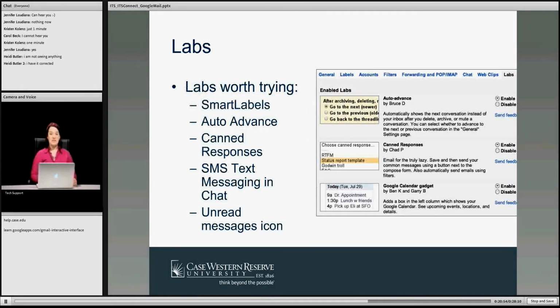Some of the labs that I think are worth trying are, one, smart labels. I think that's one of the best inventions these app developers have come up with. Auto Advance determines what order to go into when you're scanning through your email one by one, opening one and clicking the next button. Okay, do you want to go backwards? Do you want to go forward? Some people go forward, some people go backwards. Then there's Canned Responses, which saves responses that you can send if you have something coming up, like you have an RSVP coming in and you want to send the